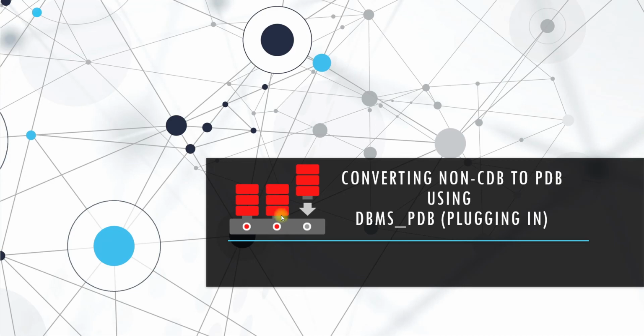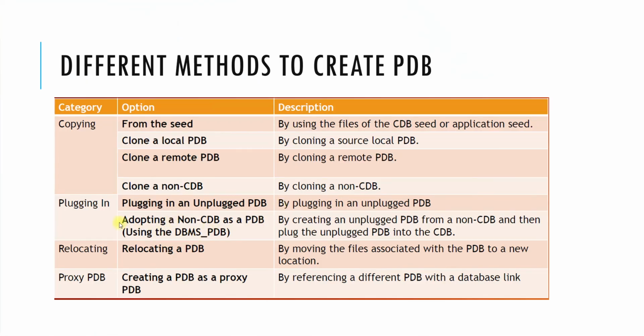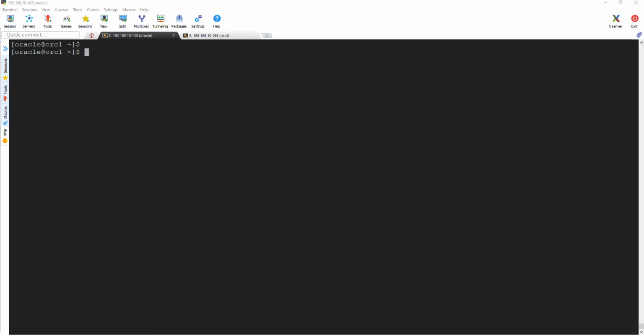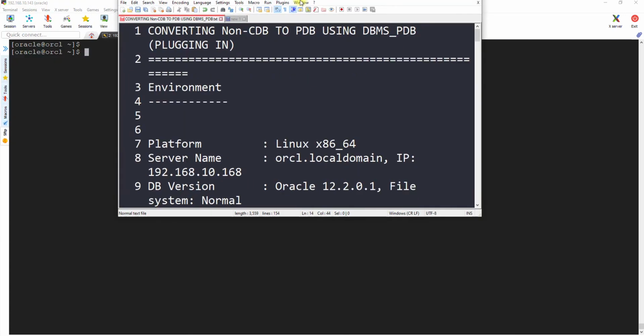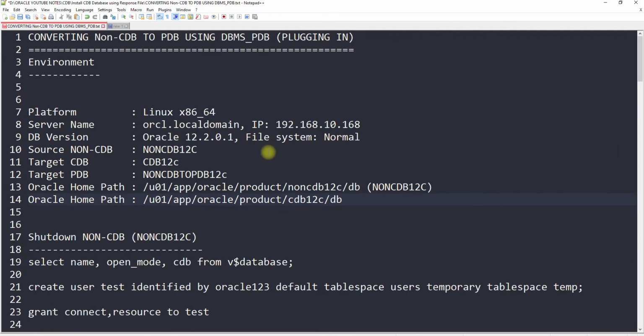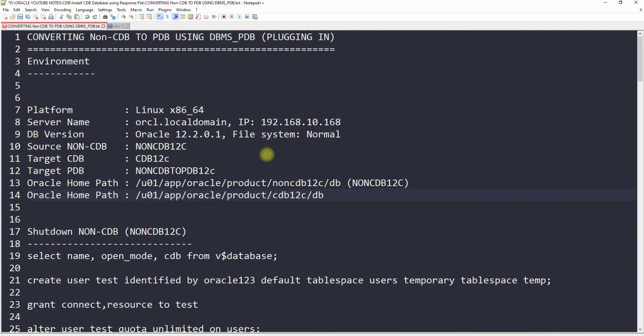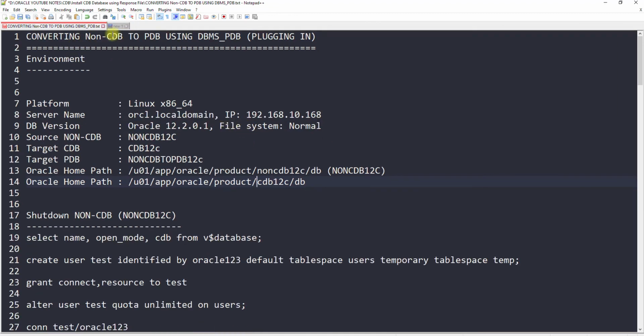Okay, so that's what I was saying. We will be touching on adopting a non-CDB as PDB using the DBMS_PDB. Okay, just a second. Okay, so this is my SSH client. So let's check. Let me show you what my current environment looks like. Let me zoom out. So what we are doing today is converting a non-CDB to PDB using the DBMS_PDB. Okay,